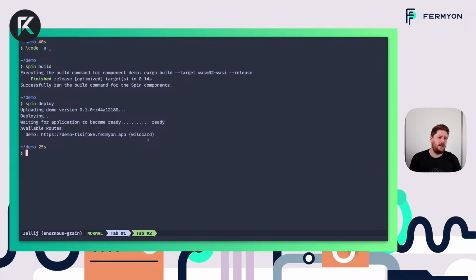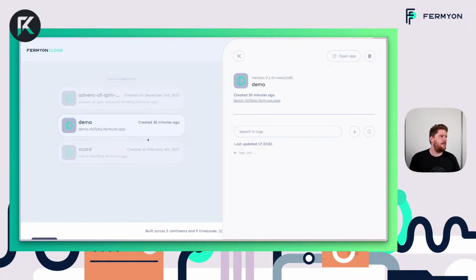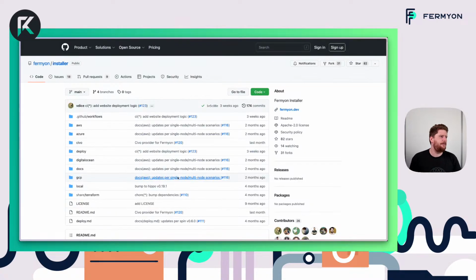But what if we want to run it ourselves? And this is where I think Fermyon gets really interesting, is that nothing Fermyon are doing is closed source. Everything is available in the open. And in fact, even Fermyon Cloud is just a collection of components which are also open source. And you can go to github.com/fermyon/installer, where you will find Terraform automation to run your own little Fermyon Cloud on Amazon, Azure, Civo, DigitalOcean, GCP,